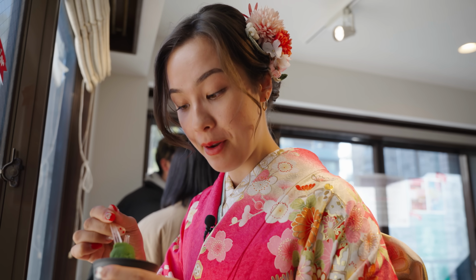Before this melts, I'm gonna go ahead and eat it. That is really intense, but in a really good way. If you're a matcha fan, I definitely recommend trying number 7, which is the most intense one. But if you don't like matcha, first of all, you suck. But